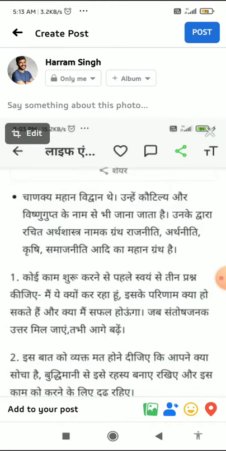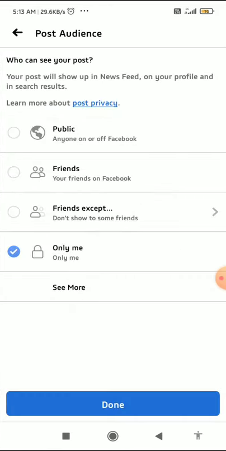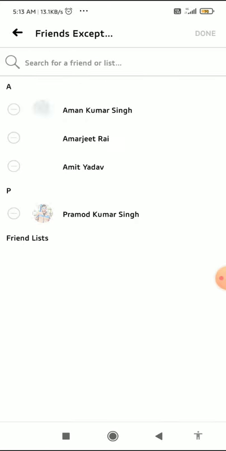And then what you have to do is, in the public option, here you can see under your username "Only me". You have to click on the "Only me", and here you can choose "Friends except", and here you can choose all the friends that you don't want to see the post, and you can choose all the friends that you hide the post from. Hide the post from those friends, and you can choose all the friends, and here you can see I have only 4 friends, but you have way more than